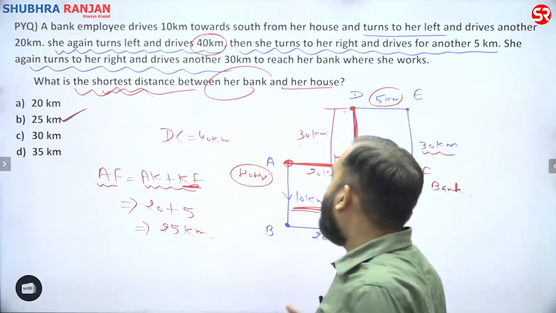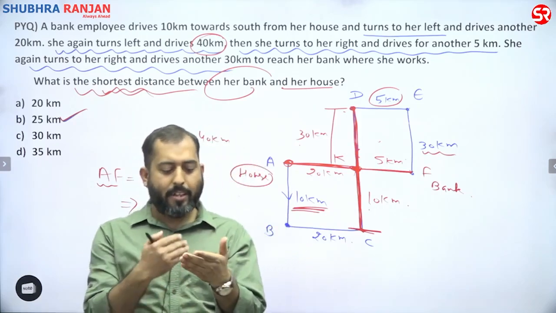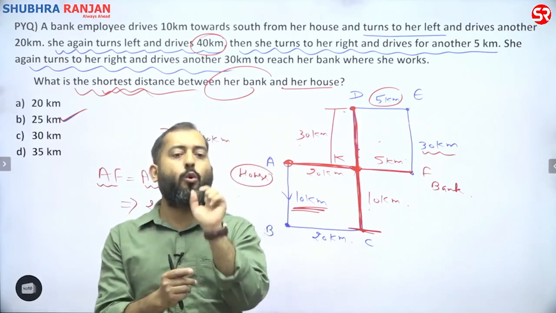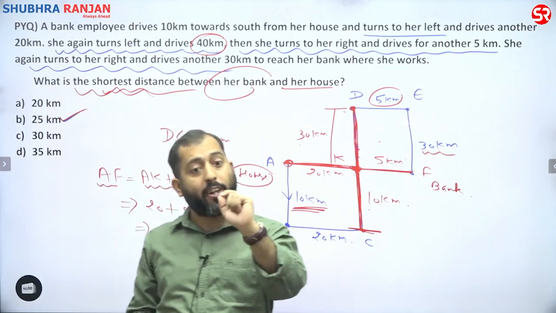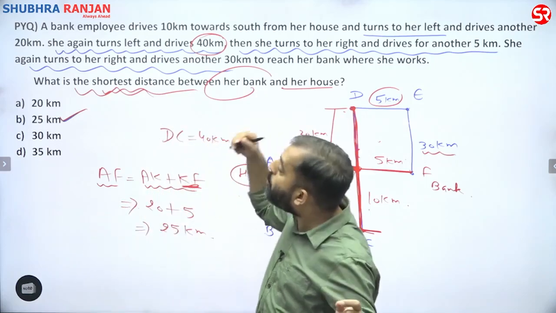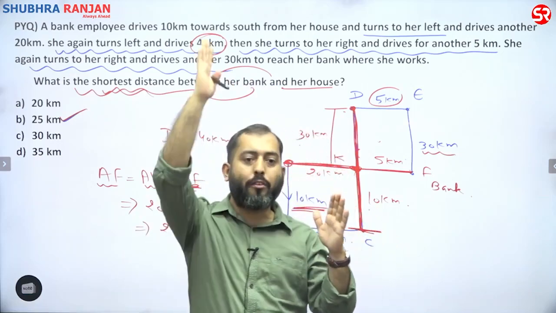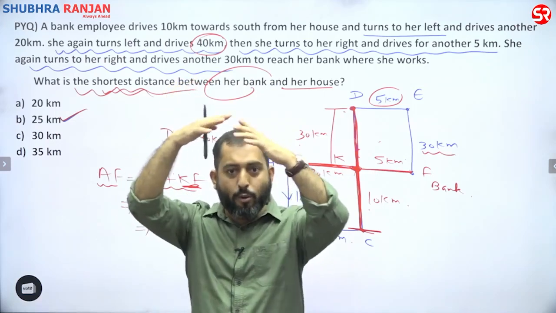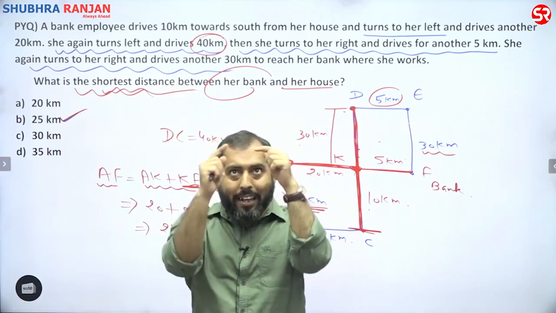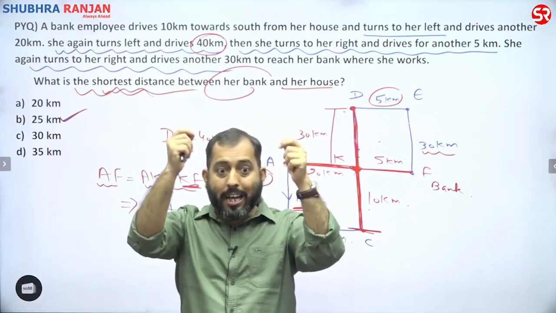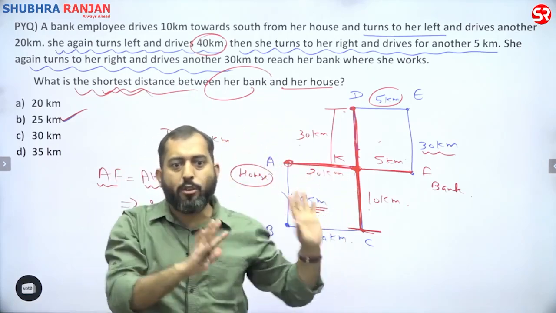See, in the very beginning, I told you how to draw the diagrams. First of all, just draw those points whose position is fixed, whose position is definite according to you, or as per the given statement. That is why I use this is north of east and this is south of east. Then I told you this should be the point of intersection and this has to be point D. So that construction thing should be clear in your mind. So I'm using those scenarios everywhere.